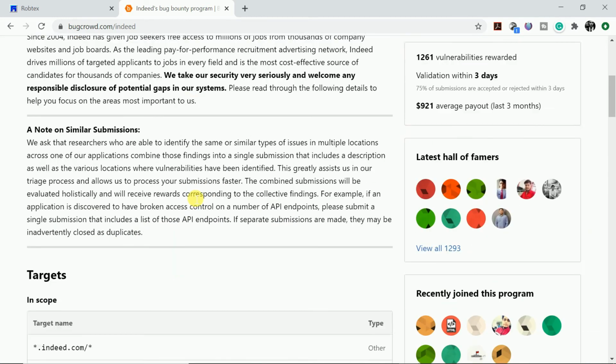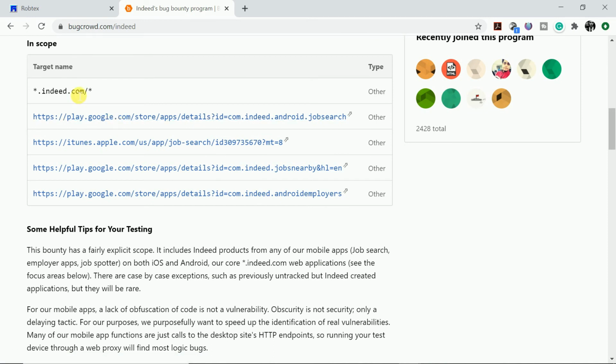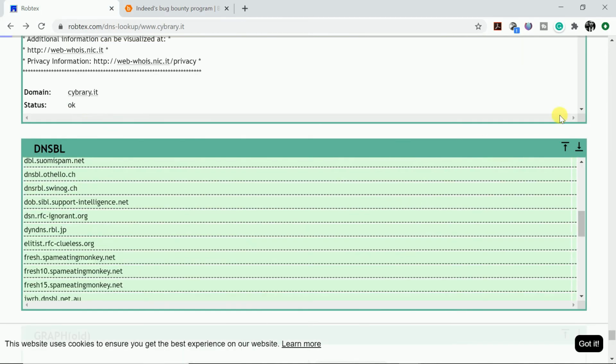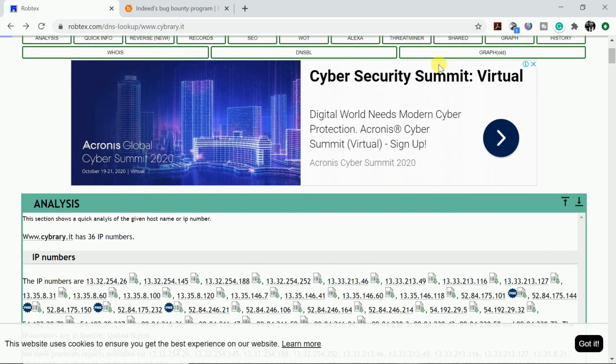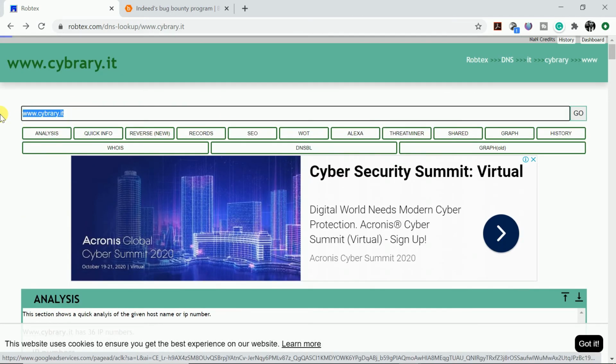Indeed.com is here, so I will copy it, go into Robtex, paste it here and then go.